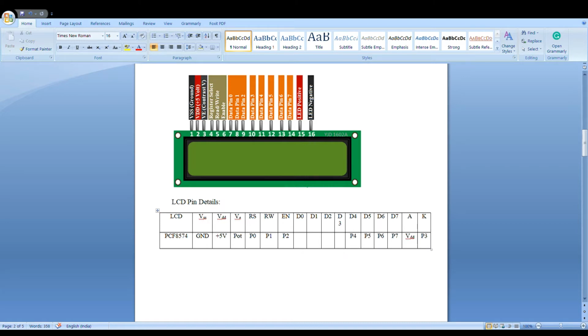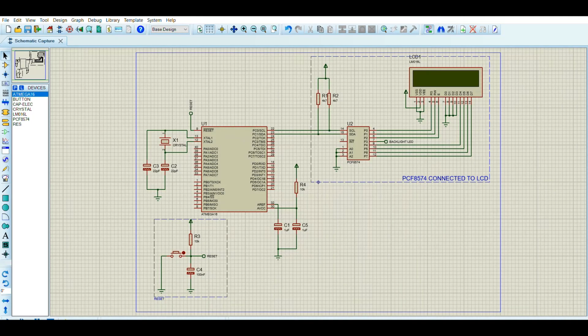First, this is the schematic for our project. I am using an ATmega 16 microcontroller, connected with a 16 megahertz clock, and as I told you before, this is an IO expander.